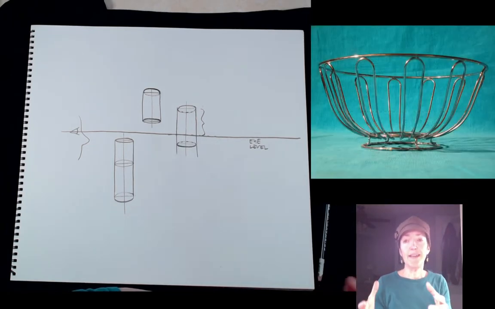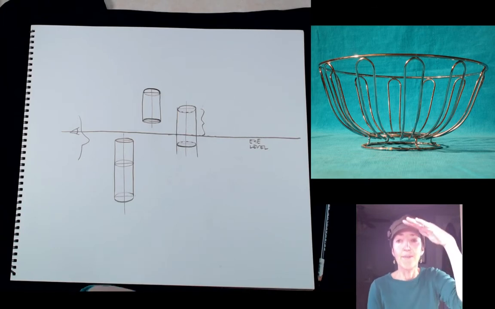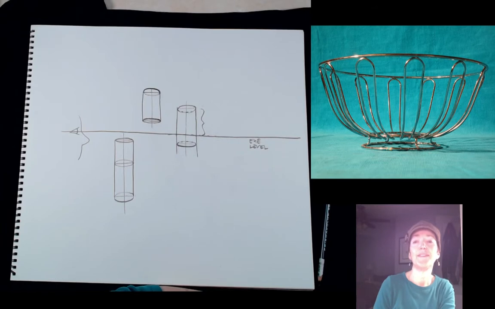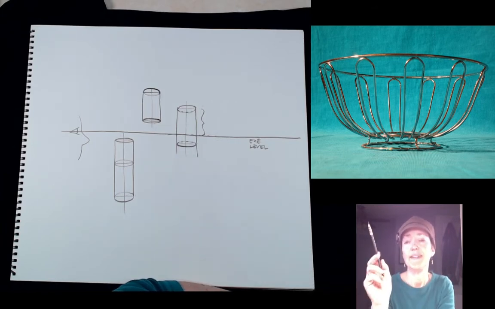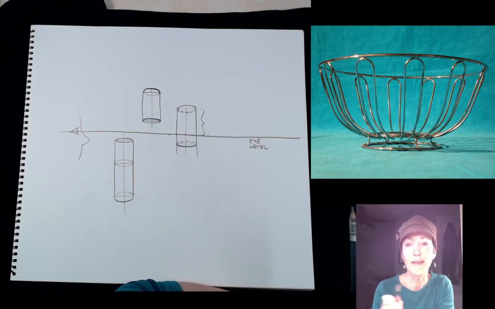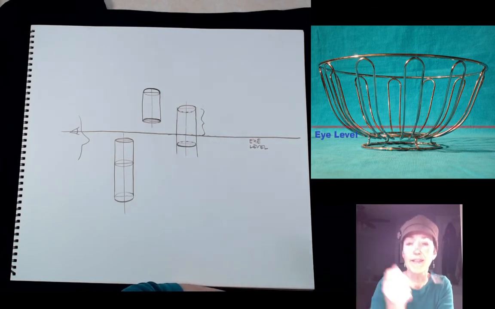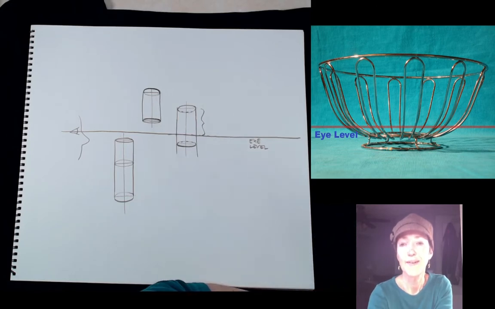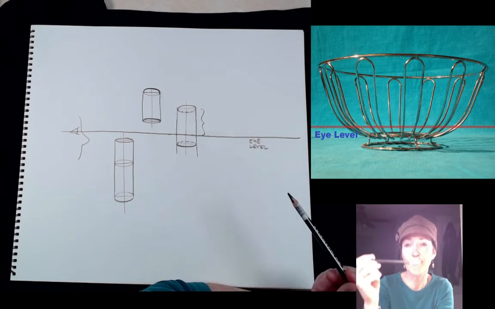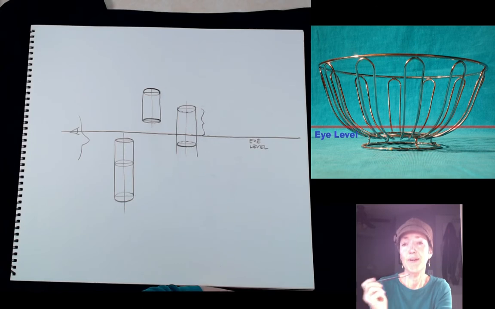So here we've got that same wire basket or a similar one, and we've dropped down our eye level really low, like our eyes are almost at the level of the table, not quite. You can tell that the top ellipse is probably our roundest one, so it's farther from our eye level than the other two ellipses are. So on the next slide, I kind of estimated where I think the eye level might be in this photograph. Since we're still looking down on the two lowest ellipses, they're very, very flat, but they're not absolutely a straight line. If either one of those had been a perfectly straight line, then we know that is our eye level.